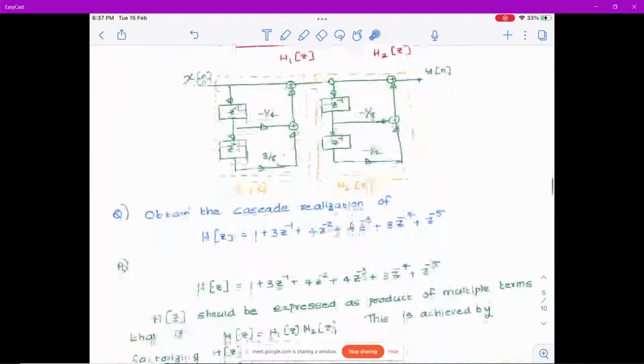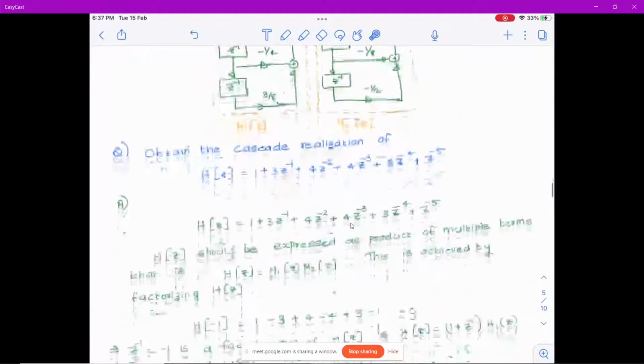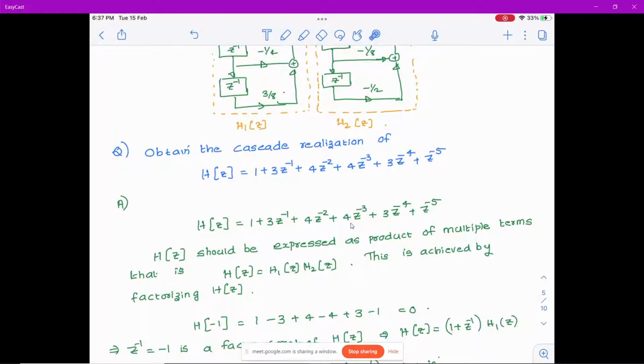Okay. Now let's assume that in the next question it is not given in cascade form. So how will you convert it to a cascade form? So h of z is equal to 1 plus 3 z raised to minus 1 plus 4 z raised to minus 2 plus 4 z raised to minus 3 plus 3 z raised to minus 4 plus z raised to